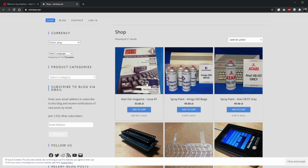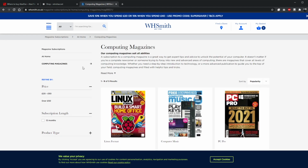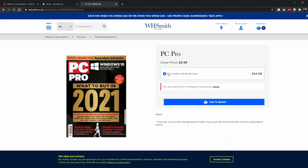I don't know how much magazines actually cost nowadays, to be quite honest. It's that long since I've bought one. So if you look at W.H. Smith computing magazines, they offer subscriptions to printed computer magazines. So this one, PC Pro, is currently